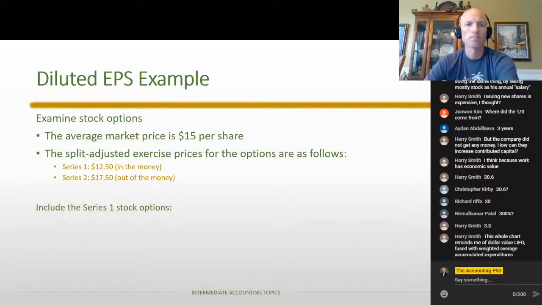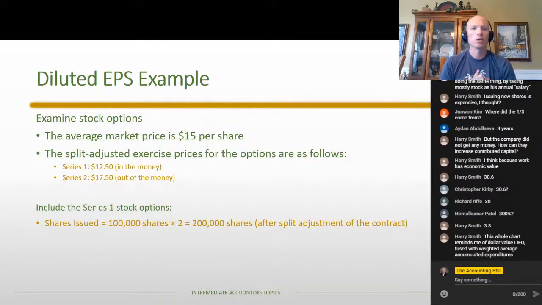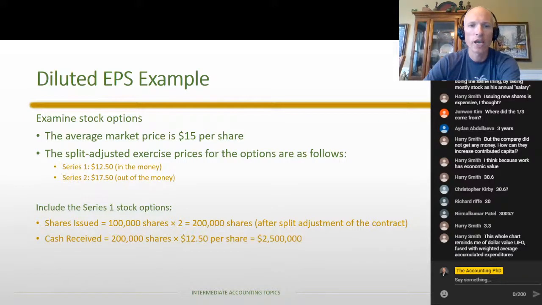So how do we do that? The first thing we have to figure out is, how many shares are going to be issued as part of this series? The original number is 100,000 options. But again, with split adjusting, we need to double that. And so we would have to issue 200,000 shares if the employees were to exercise these options. How much cash would we receive? Again, the split adjusted exercise price is $12.50, which means we are going to receive $2.5 million